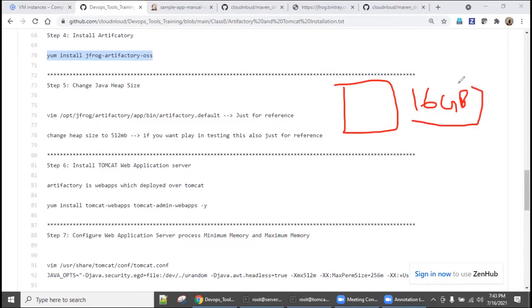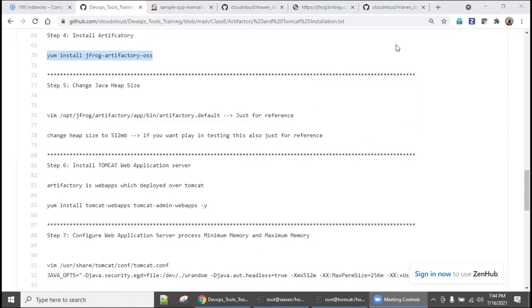Maybe it will come down nearly 16 GB, right? So for this, I need to have some control. Maybe I have application 1, application 2, application 3, right? For this product I specifically want to assign only 4 GB. More than that, I should not allow, right? So this is the Java process. I need to make sure the particular Java process has a minimum and maximum memory. That is exactly what we are going to check.